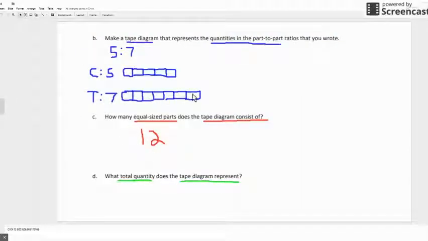The 12 here represent the equal parts in the part-to-part ratio. The total quantity is that 192 that they gave us in the beginning. So the tape diagram from B represents all the 192 vehicles. Okay, now we're going to discuss what that really means on the next part, on part